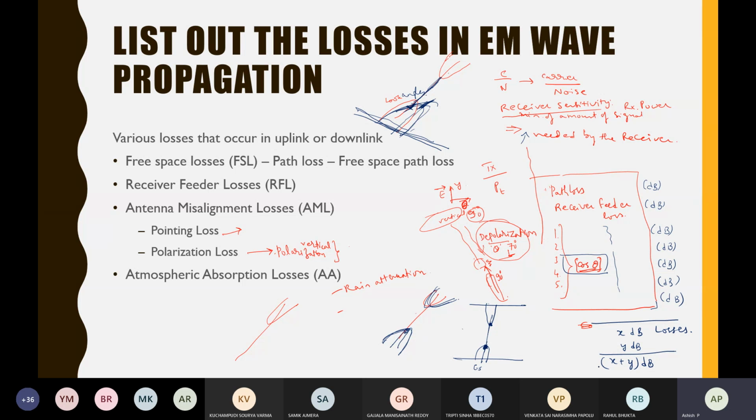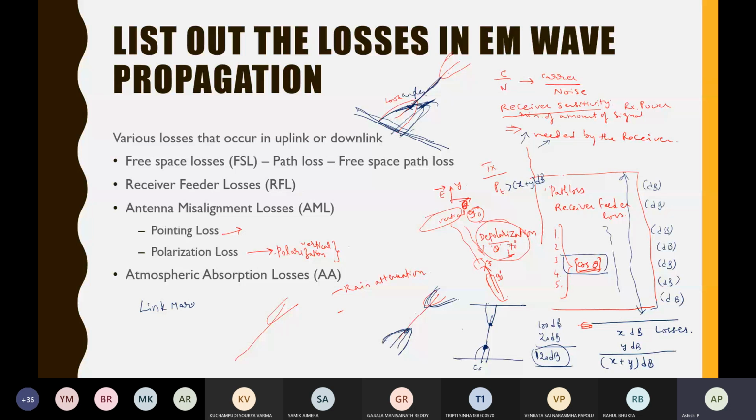How much you have to transmit at the transmitter, PT, should be more than X plus Y dB, so that you will be able to overcome all these losses in the propagation medium as well as give something to the receiver which it can understand. Let us say 100 dB losses are there and the receiver needs at least 20 dB to understand the signal, the receiver sensitivity. Then 120 dB is the minimum which you have to give. Above this 120 dB, how much you are giving is called the link margin.